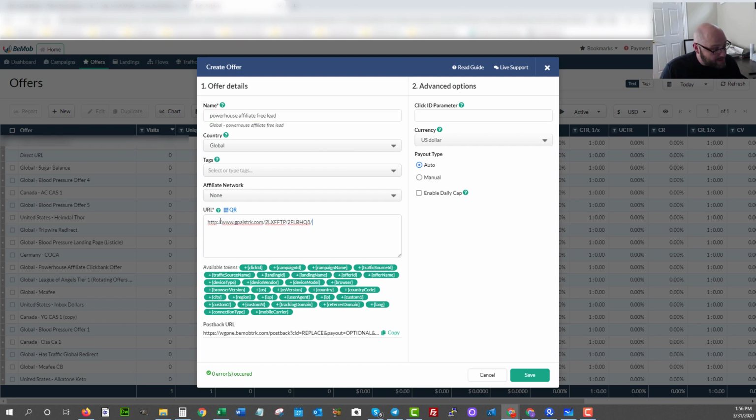For the URL, we're going to paste it here, but we want to make sure that we send the click ID over as the sub1 variable. So here we are. I'm going to go question mark sub1 equals, and then click ID. Okay, so now I'm also going to change this to HTTPS. So every time now that somebody clicks on the offer through Bemob, it's going to send a click ID into